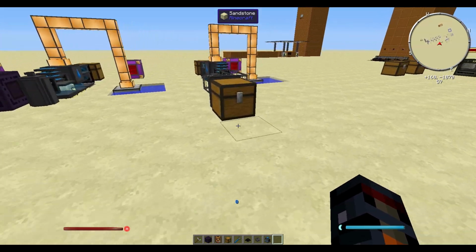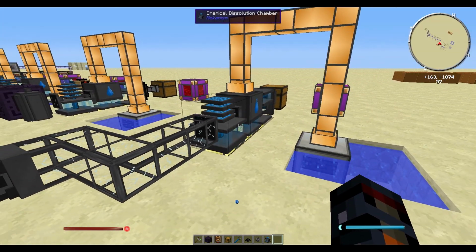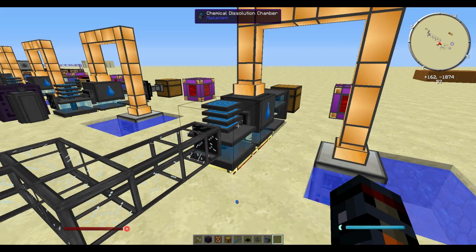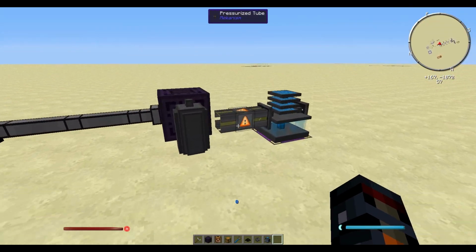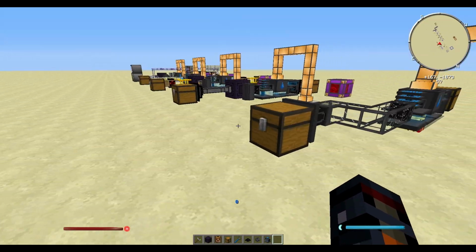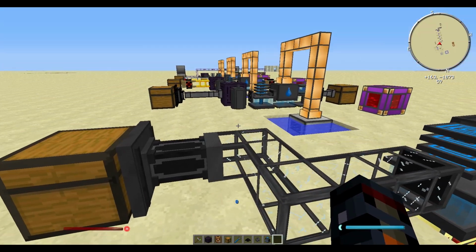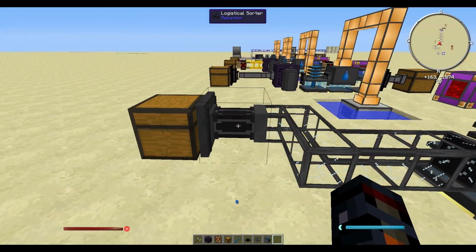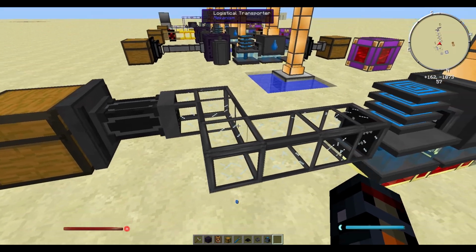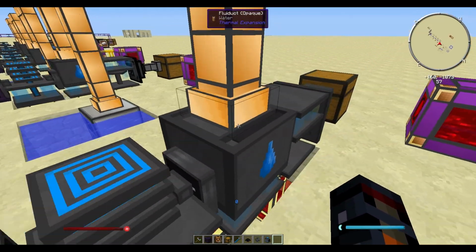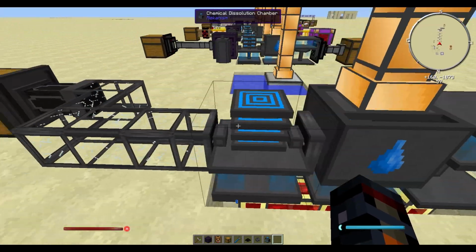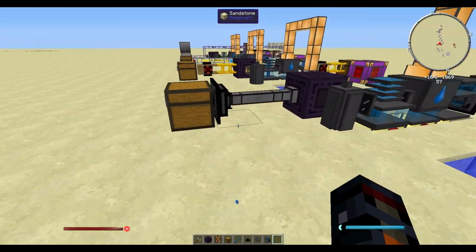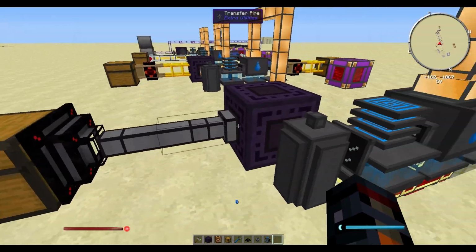Another way of doing it is because the chemical dissolution chamber stores 10,000 sulfuric acid, you can in fact remove the pressurized tube or the gas tank that is filling it with sulfuric acid and instead use item transportation to automate it. Here I use Mekanism's logistical sorters and logistical transporters to automate the process. Here I use transfer nodes and transfer pipes,